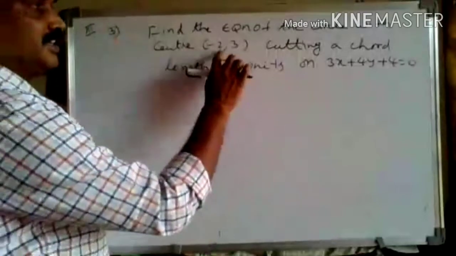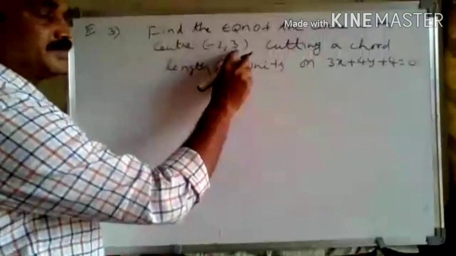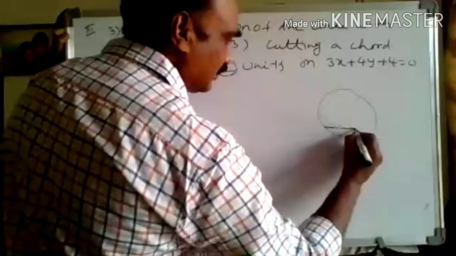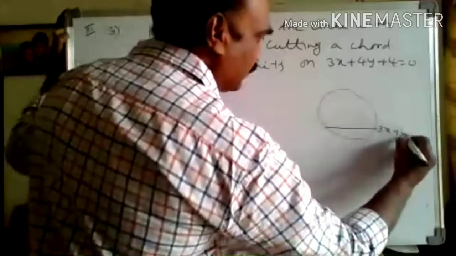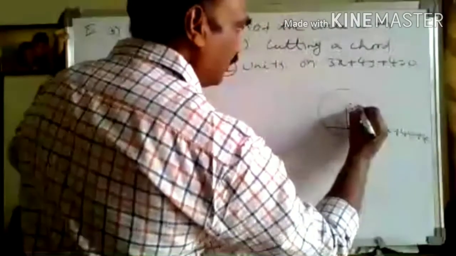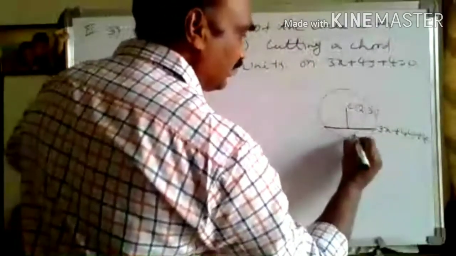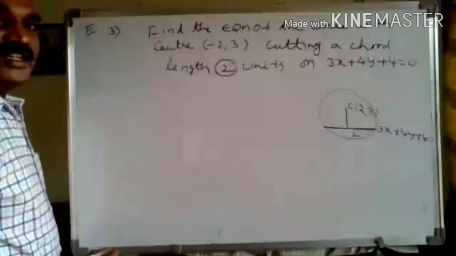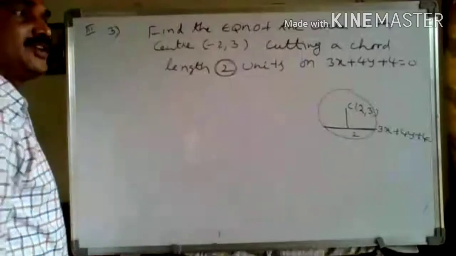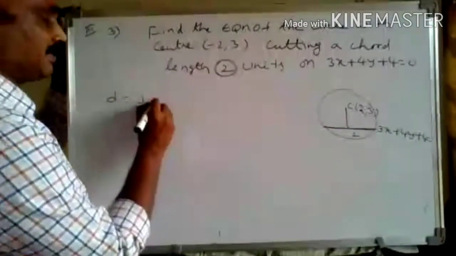Here the given center of the circle is minus 2 comma 3. The line is 3x plus 4y plus 4 is equal to 0. The given length of the chord is equal to 2 units. Length of the chord is equal to the formula 2 root r square minus d square. First calculate d. D is equal to the perpendicular distance